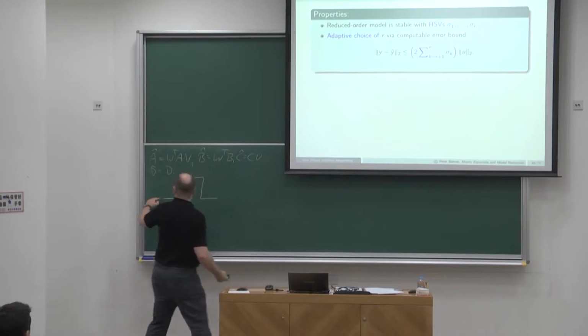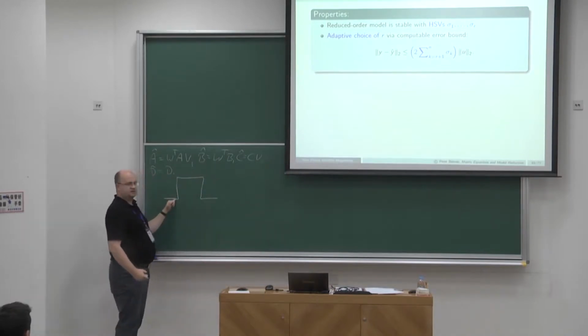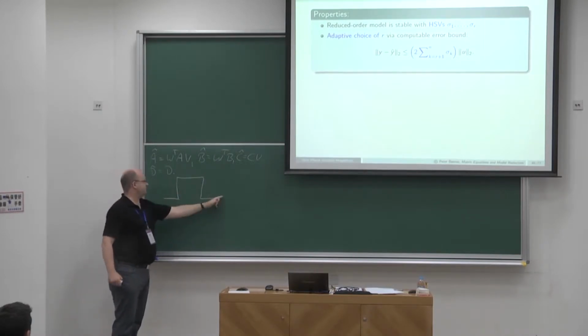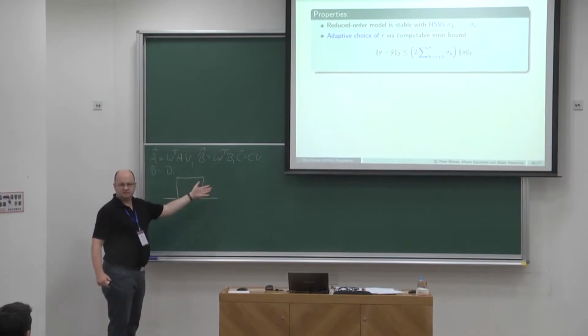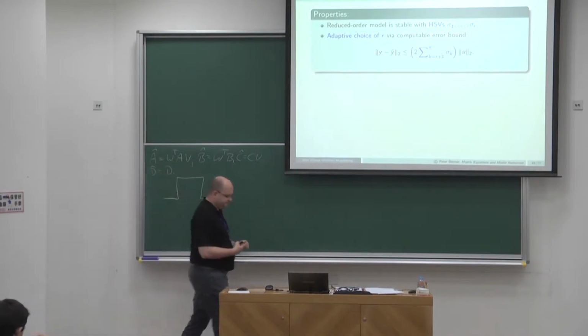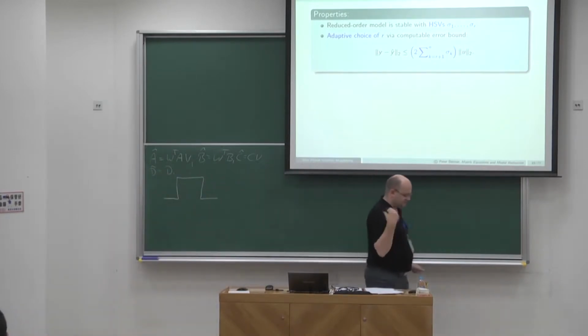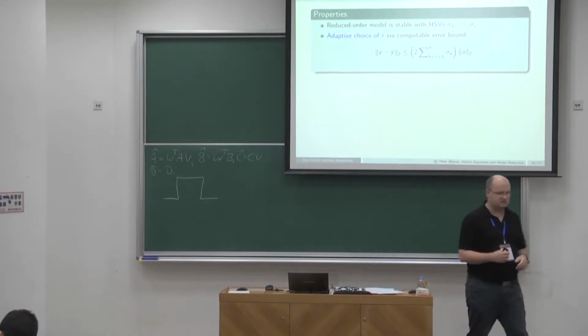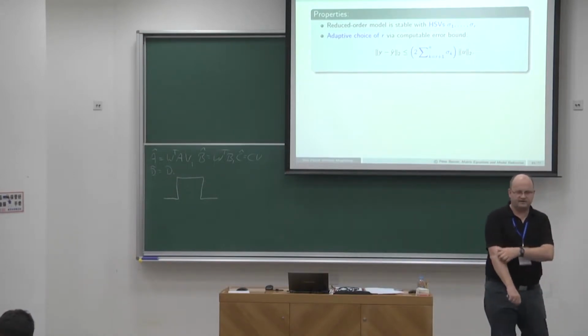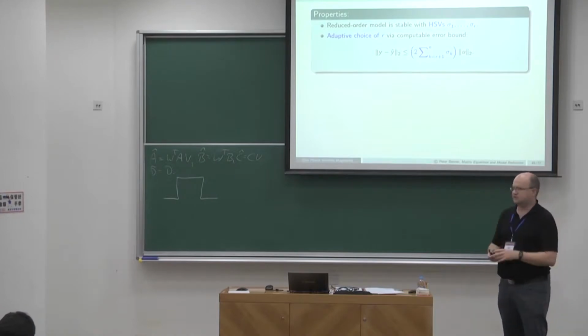So signals in that range don't get transported to the output. Here the signals can just pass through, and in this frequency range nothing comes through again. That's not so easy to approximate. You'll have all the sorts of things that you know from Fourier analysis, if you know it, a Gibbs phenomenon,